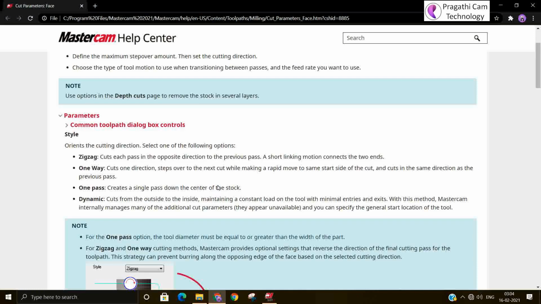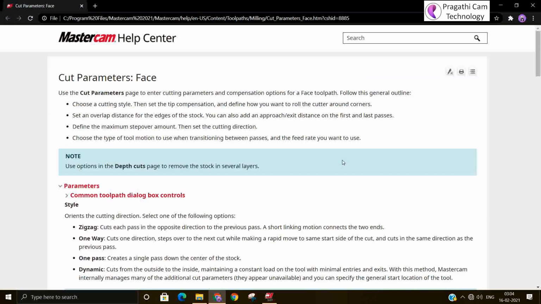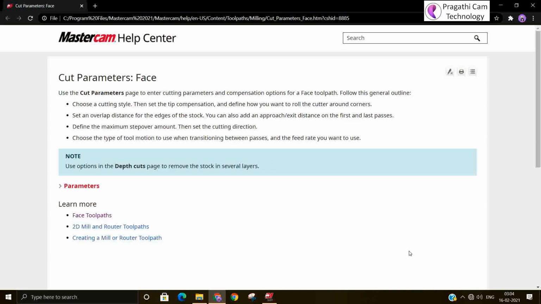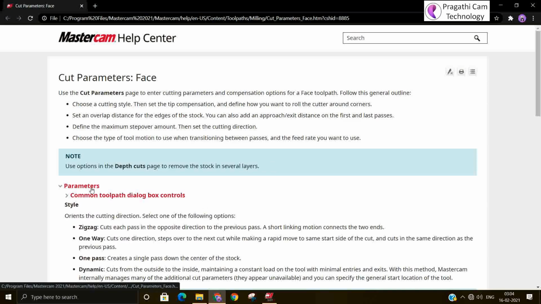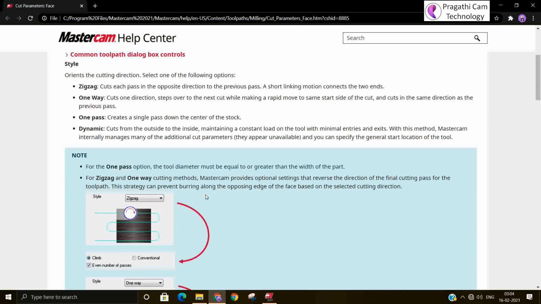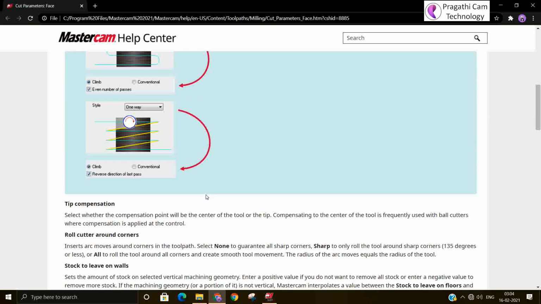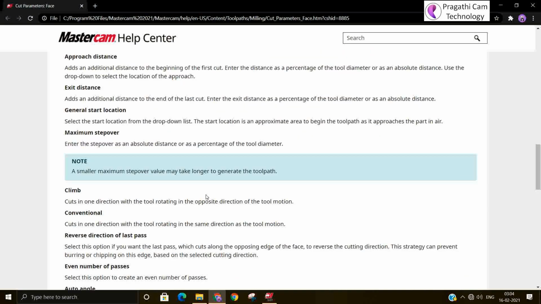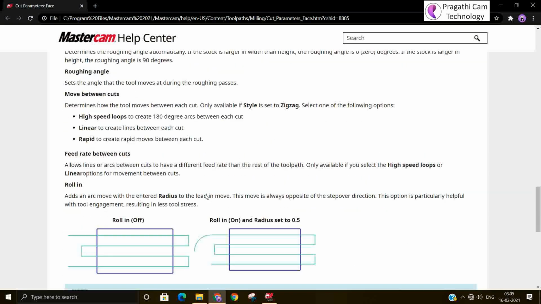If you have any doubt, you can directly click on the question mark here. Wherever you click on that question mark, it will tell you all about this particular page. Then you click on this parameter, go to wherever you have doubts, and just read it. It will give you complete information.